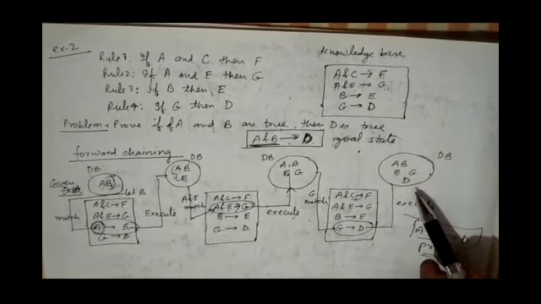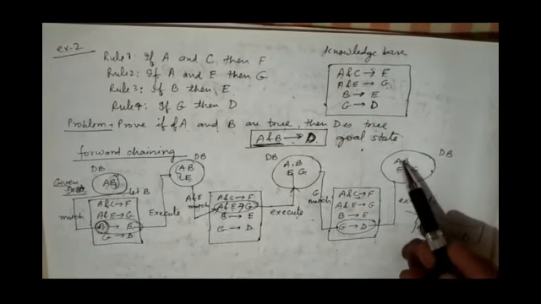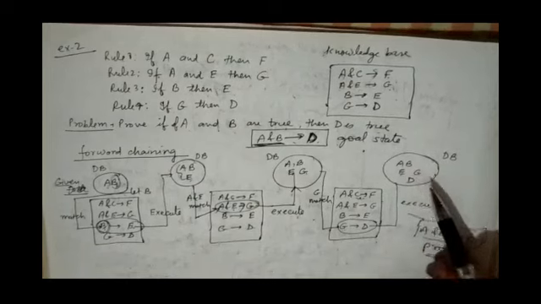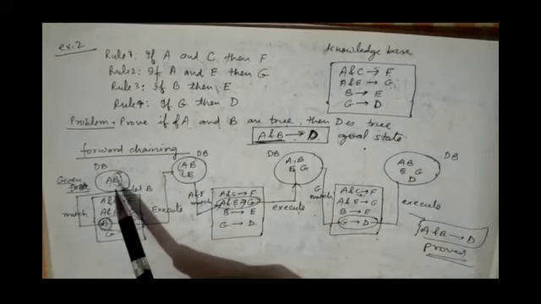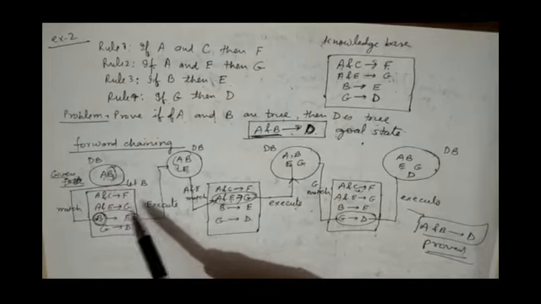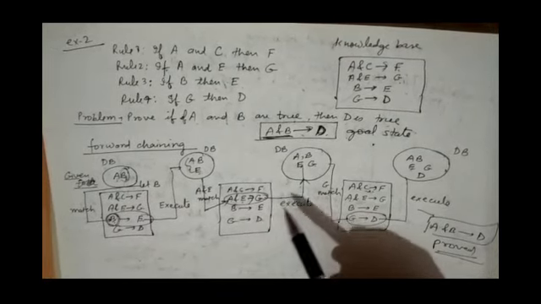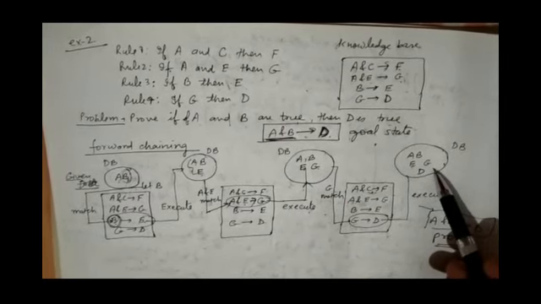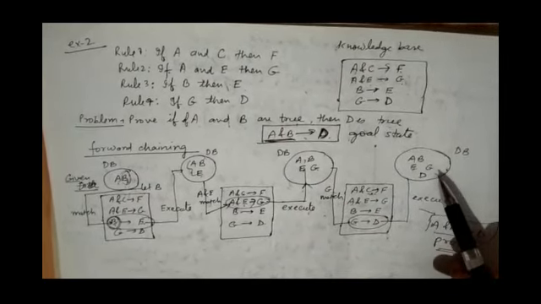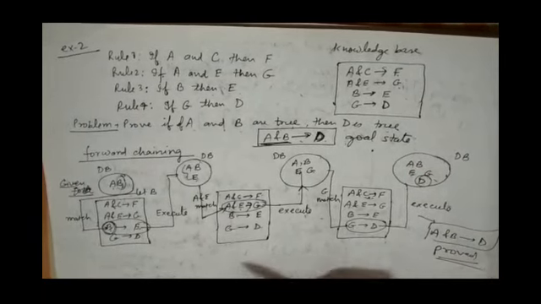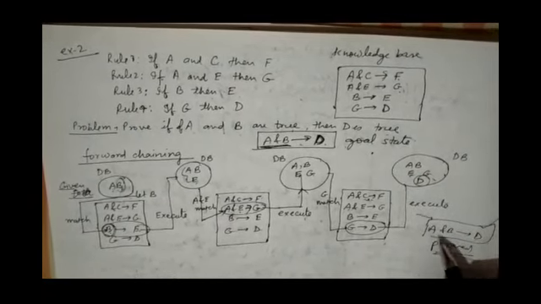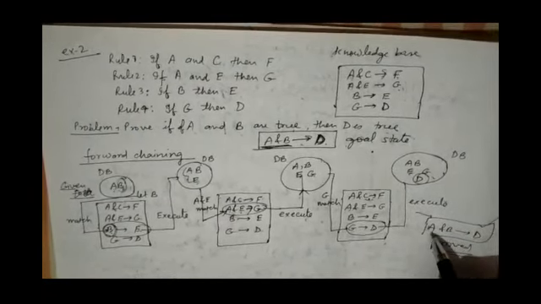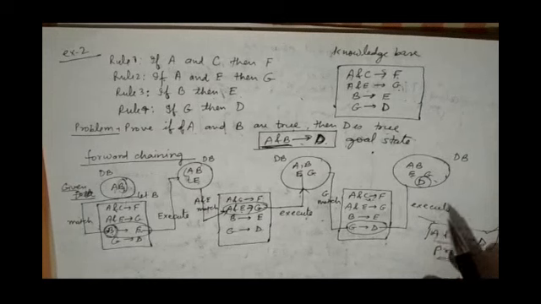So now our database's available facts are A, B, E, G and D. There are 5 facts available which are true. We started from A and B, only 2 facts, and by using inference rules, by using forward chaining, we have arrived at this database having facts A, B, E, G and D, where D is available. D is a fact, meaning D is true. So hence we can say that A, B derives D, where A and B are true, then D is true. So this is another example of forward chaining.